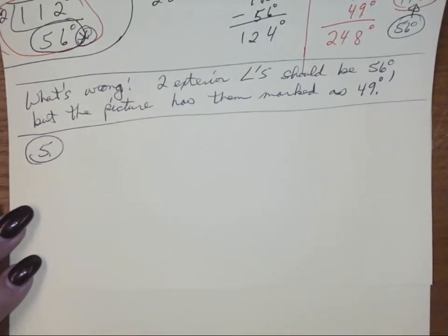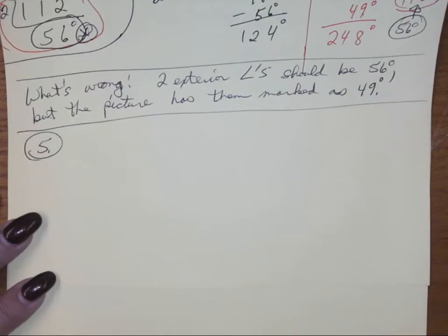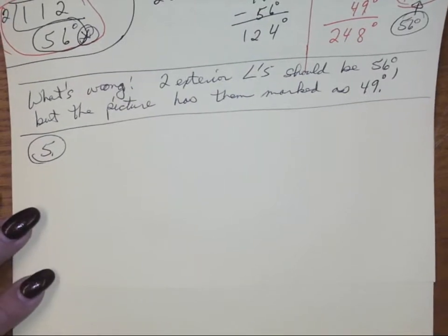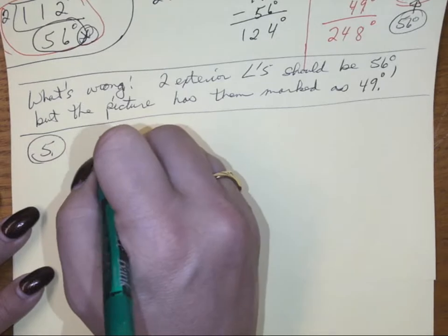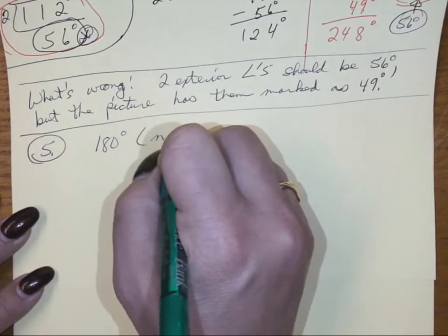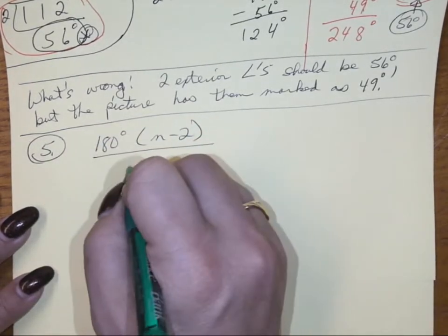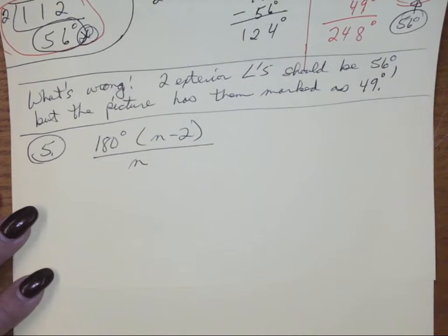Okay, this one says true or false. If true, give a reason why. If false, give a counterexample. Okay, you can find the measure of each interior angle of an equilateral n-gon by using 180 degrees times n minus 2 divided by n. Okay, so let's read it again. So what it's saying is